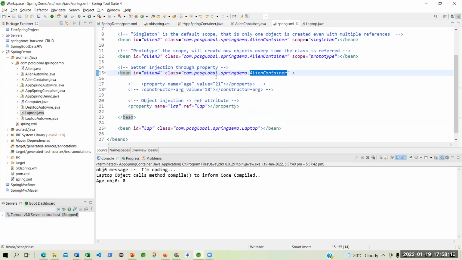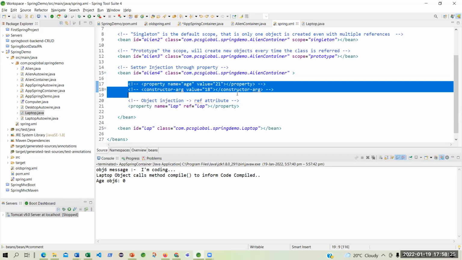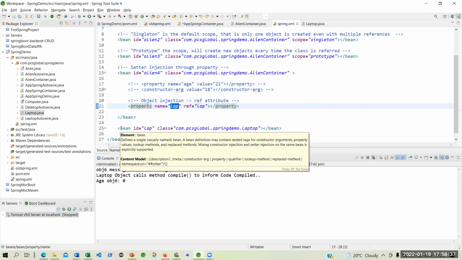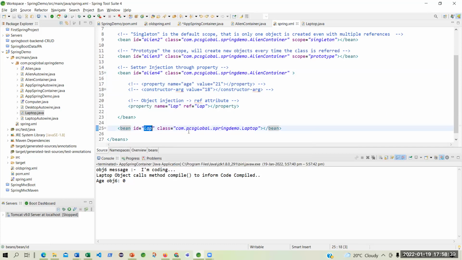And within this align, this bean, I have set a property. All these things are taken out. Okay, you don't worry about this. I am trying to use a property by the name lab, and that name lab is because I have set another bean by the name ID lab, which is because I'm referring to a laptop within.